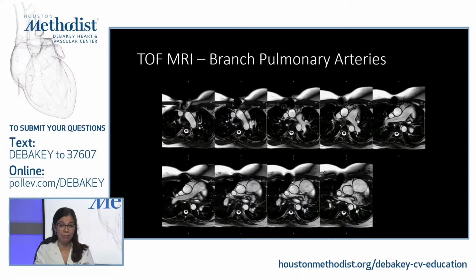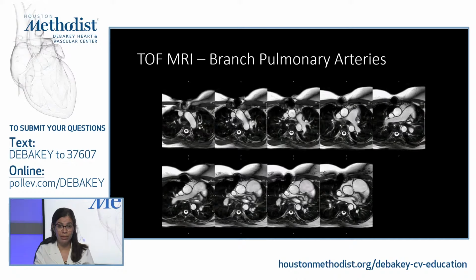As we reviewed when looking at the images of our patients with repaired Tetralogy of Fallot, imaging the branch pulmonary arteries by echo can be challenging in adult patients who have undergone multiple surgeries or may have a challenging body habitus. So cross-sectional imaging is key. We can see here